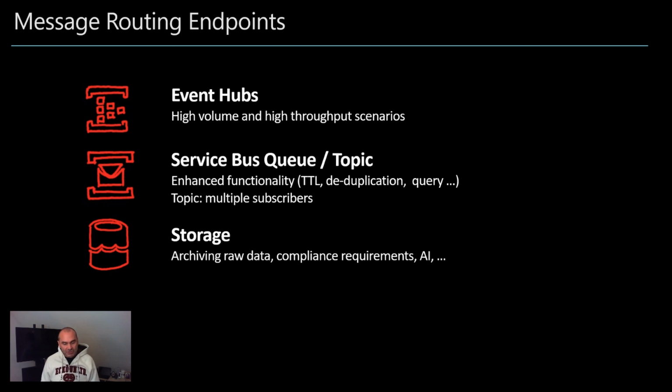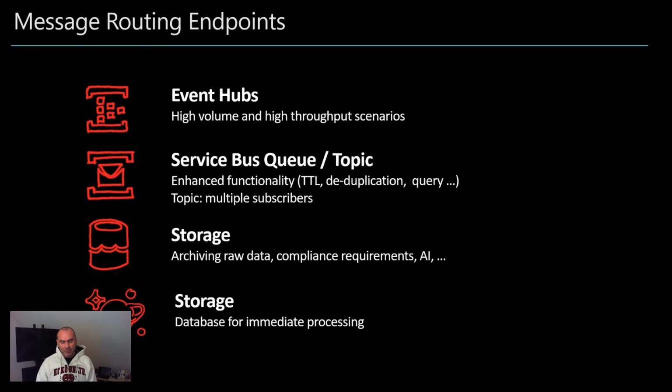And as already mentioned, we have two ways to route data to storage. One is really into a standard blob storage. The other way is to route the data into a data lake. And data lake, for example, has a lot of advantages when it comes to processing, when it comes to big data, compared to a storage account. But hey, if your intention is to just store the raw data at the lowest possible cost, then a blob store might be the right thing for your scenario.